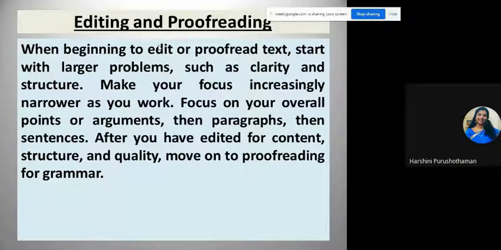You have to edit once you have made your document ready. You have to read again and again to see whether you have written everything properly, and only then you can go for proofreading. For proofreading, I would always suggest you take a printout of it and go through it line by line, because on the computer you will not be able to identify the mistakes which you have made. So it is always better to take a hard copy of it, bind it, and then make all the corrections, because that will work better than looking into the system and working.